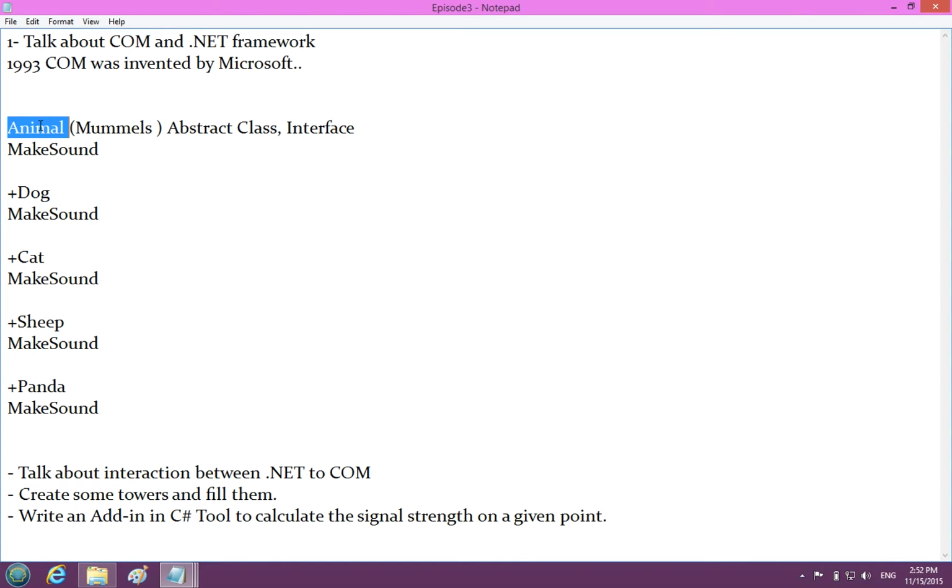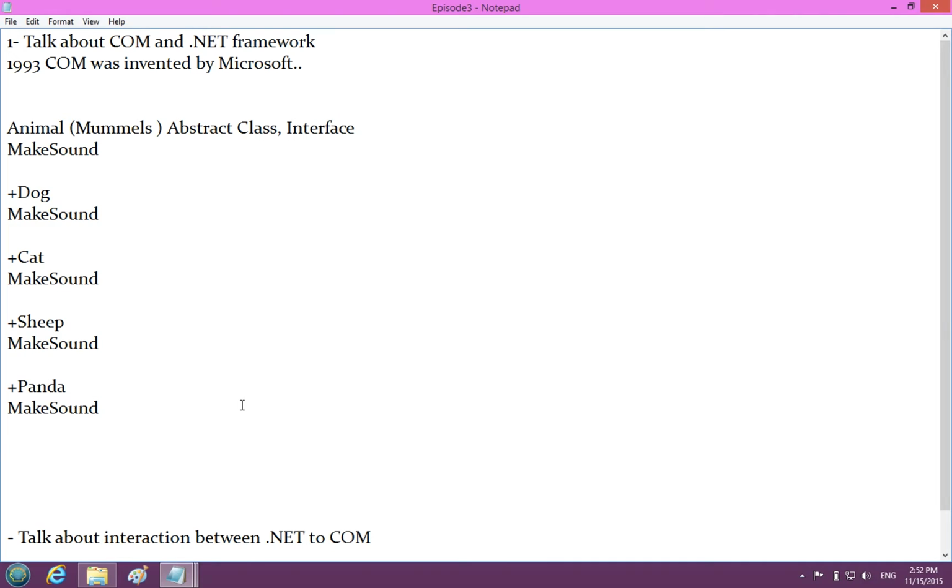Every single class of these, like dog class or cat class or sheep, can have its own different implementation, but yet every single object can then be cast back as an animal, right? So if we're talking code here, we can say something like that, right? Animal